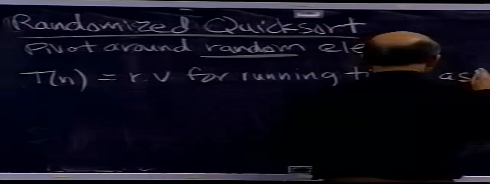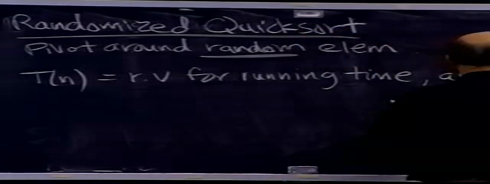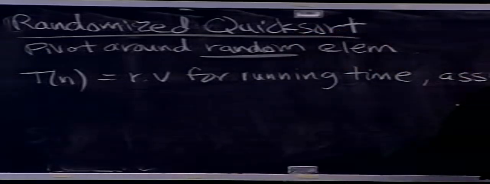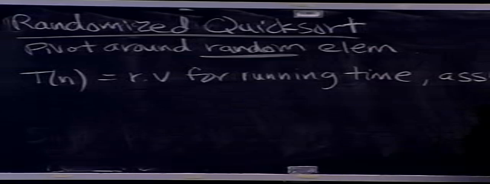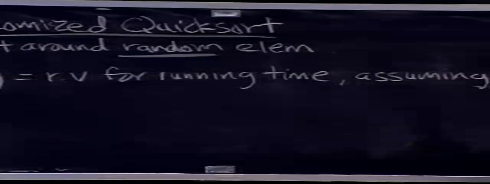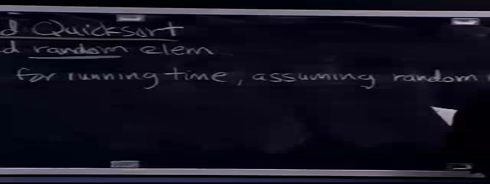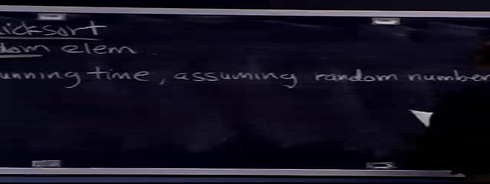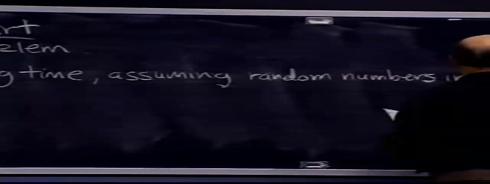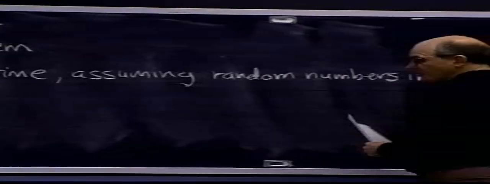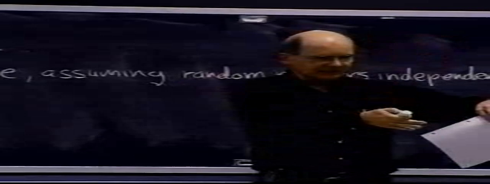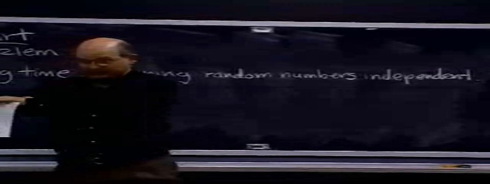Okay, and we'll assume for this that the random numbers that we generate to choose pivots, and this actually turns out to be an interesting assumption, are independent. And we'll see where that's used in the proof. So that when I partition in one place, that's independent from the element that I pick to pivot in a different place. Those are independent.